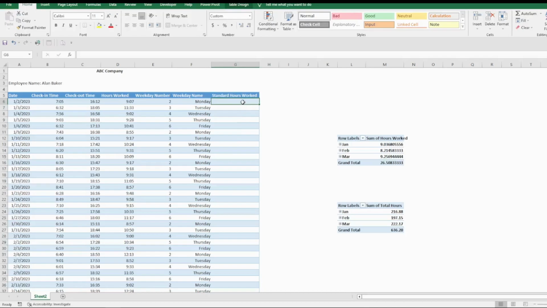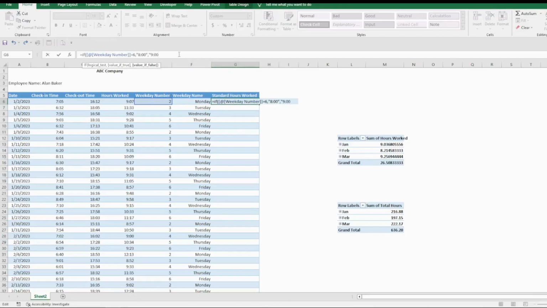And if you want to have a cleaner picture, you may have to use the IF function. So if the weekday is Friday, the weekday with number 6, then the standard hours worked is 8. Otherwise, it's 9.